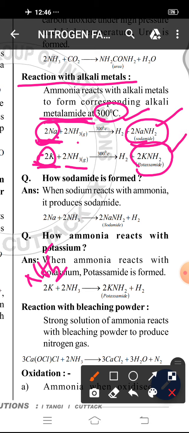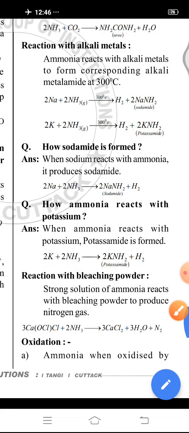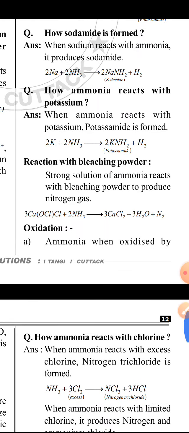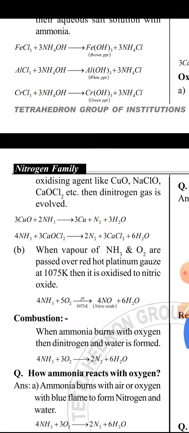So ammonia reacts with alkali metal, that is sodium and potassium, and forms sodamide and potassamide. Then its oxidation reaction. So ammonia is oxidized